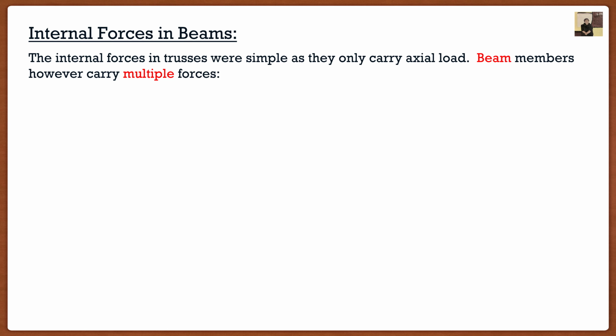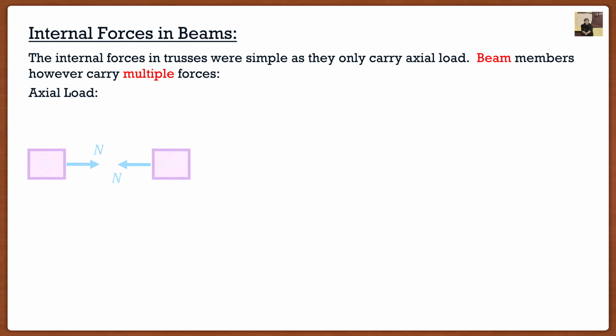As I just mentioned 2 seconds ago, beams carry multiple internal forces. Remember, trusses, it's just the one. It's that axial, either in compression or in tension. Beams carry multiple. So the first one out of these forces is actually going to be axial load. And it makes sense. If I were to take a truss member, like I said, I can have it in tension or I can have it in compression. And this can be the same thing for a beam. So if this was a steel beam, the beam can also be in tension or the beam can be in